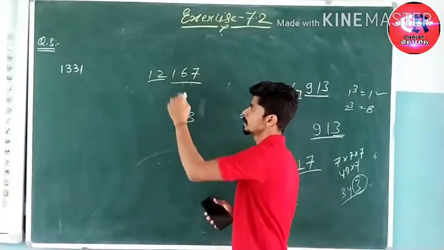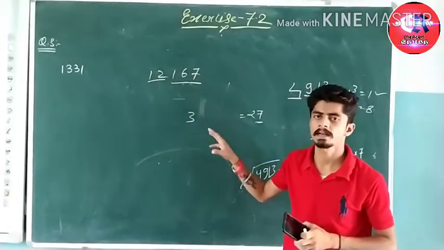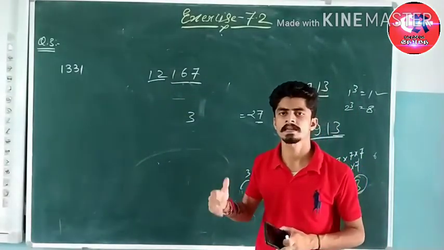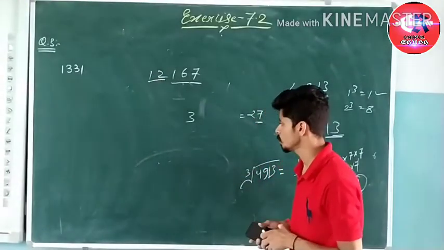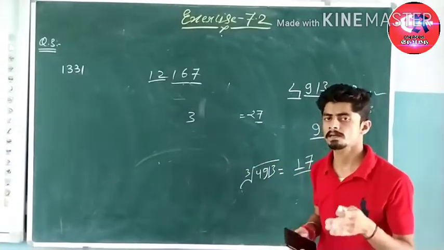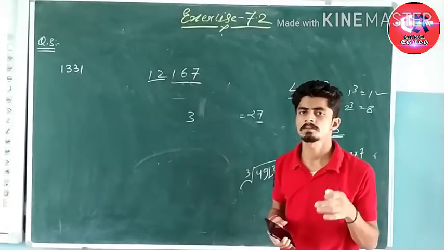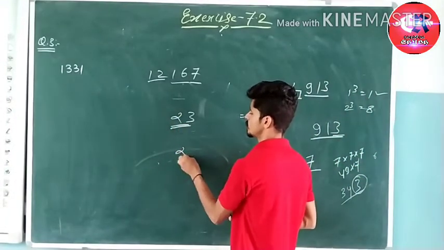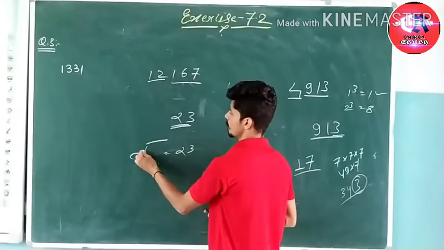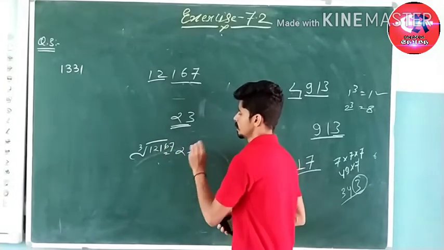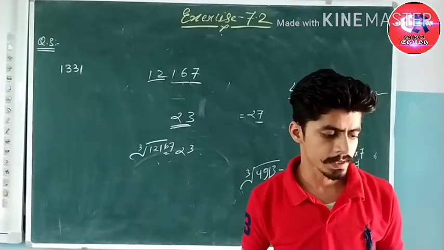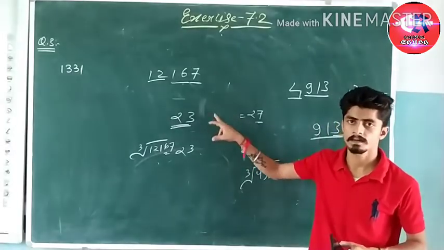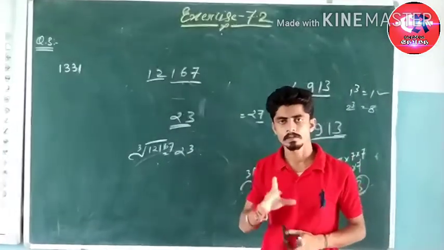Now we have to consider the second pair and find a number whose cube is either equal or smaller, nearest to that number, which is 12. So the cube of 1 is equal to 1, the cube of 2 is equal to 8 and the cube of 3 is equal to 27. 27 is more than 12, so we have to consider 2. So we get 23. So this is the cube root of 12167. And one more number is there, which is 32768. It follows the same method or pattern. You have to do it by yourself.